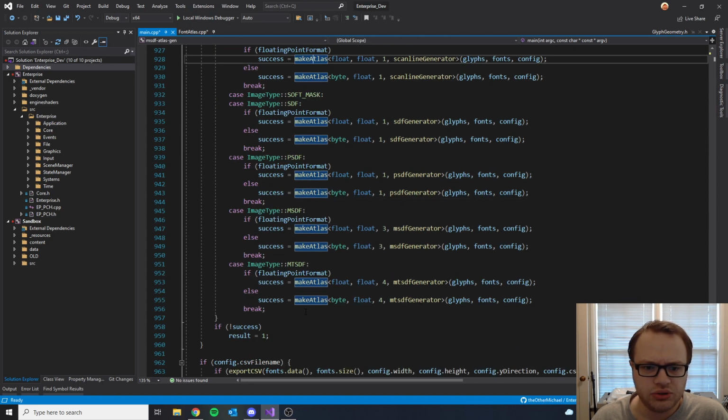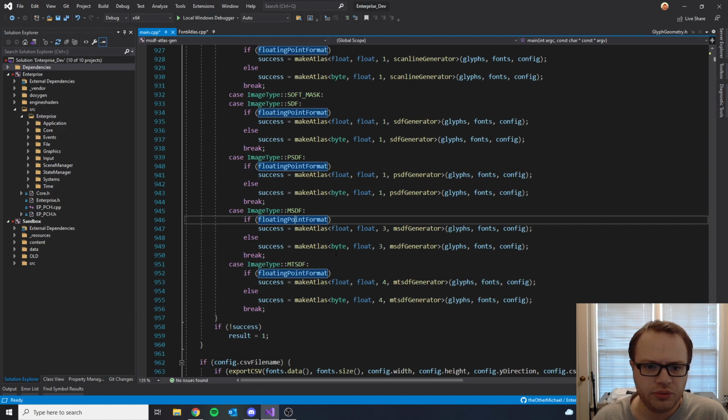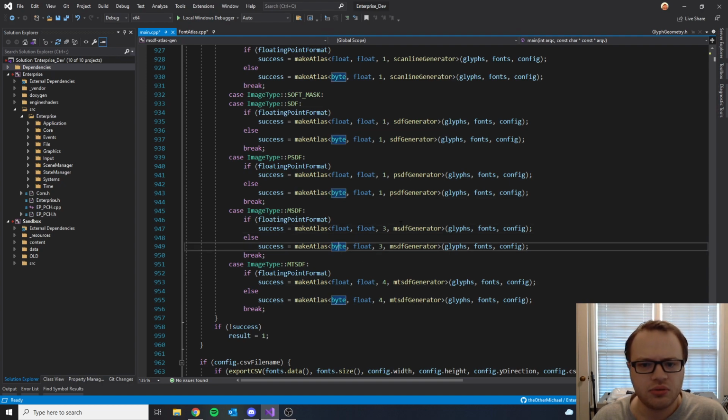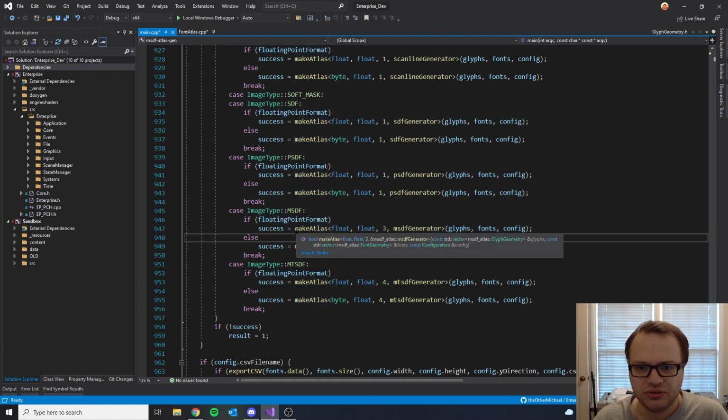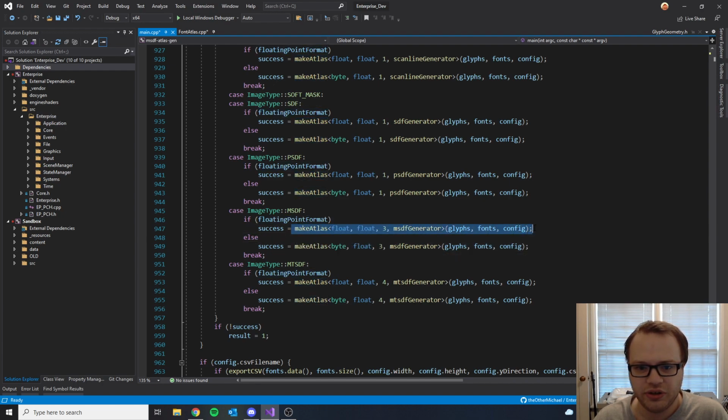So we're only interested in these guys, the MSDF and the MTSDF. If floating point format, make atlas with float, otherwise make it with byte. Okay. Float. Okay, this actually looks like a pretty easy to understand call. So make atlas, you pass it the glyphs, the fonts,